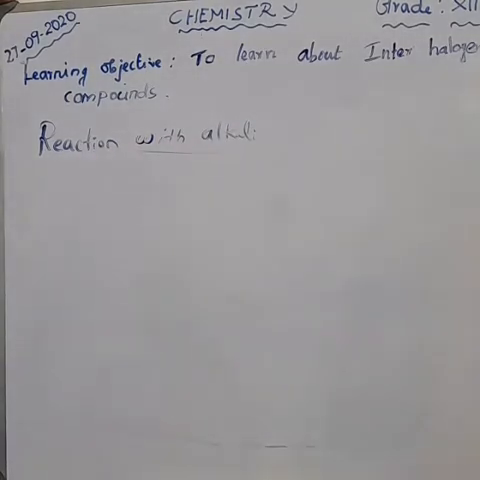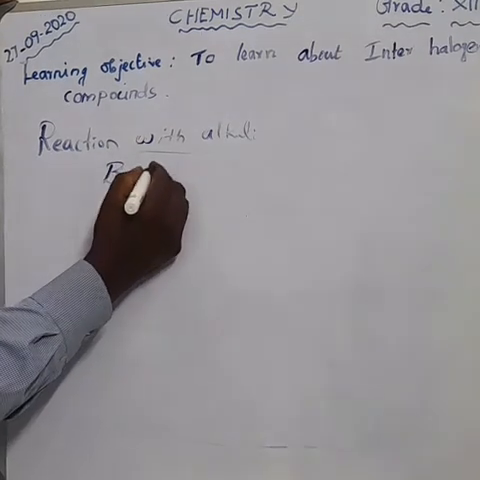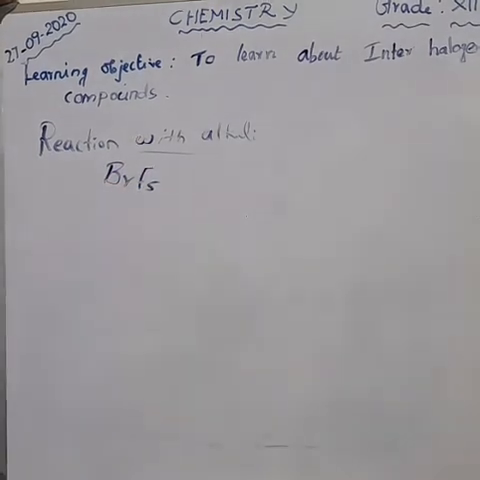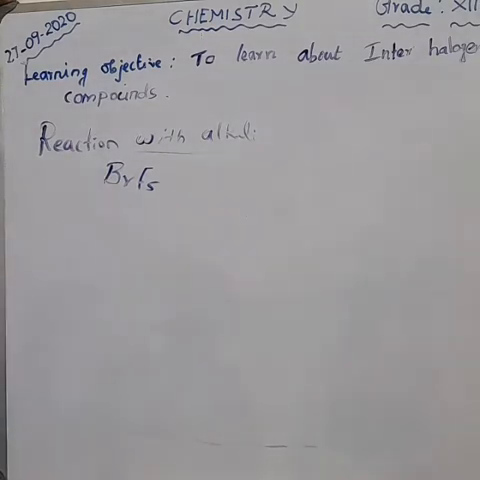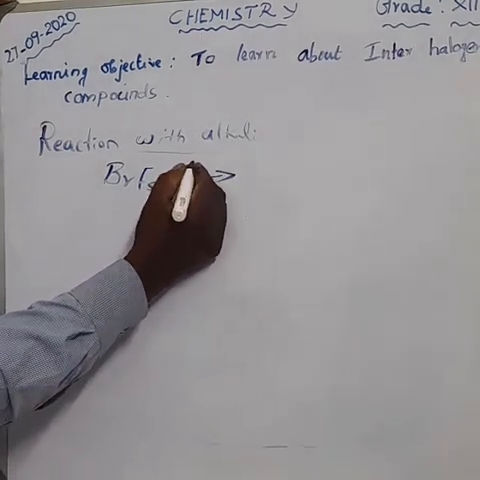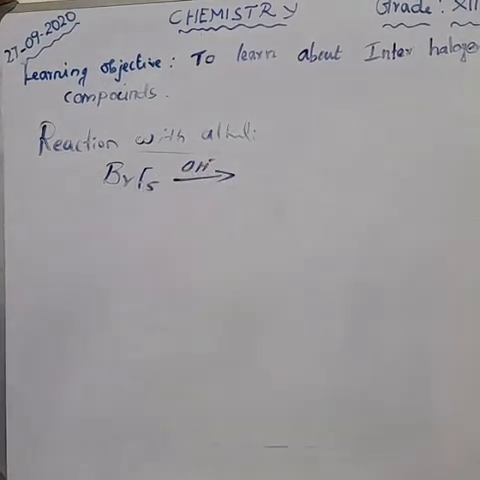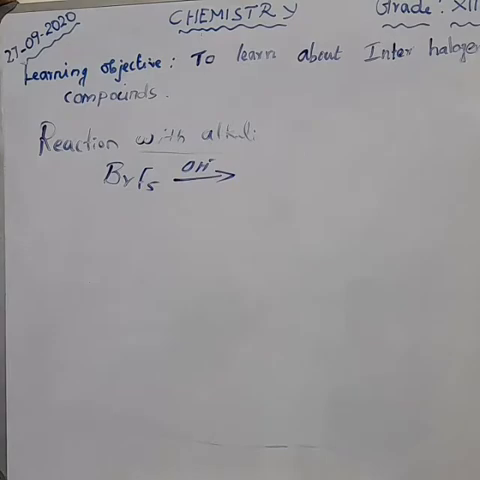Reaction with alkali. Here, the interhalogen compound we are taking is BrF5, a combination of bromine with fluorine. BrF5 reacts with alkali, that is, the OH minus ion. Here we get the fluorine ion. The fluorine ion will be leaving out,